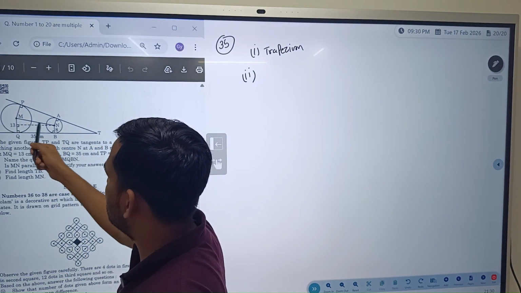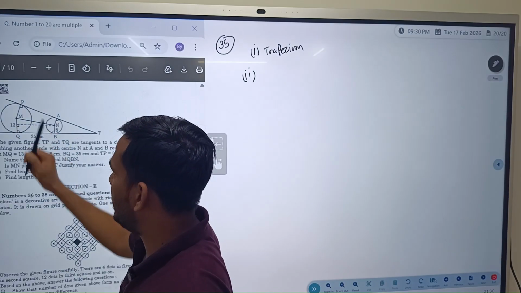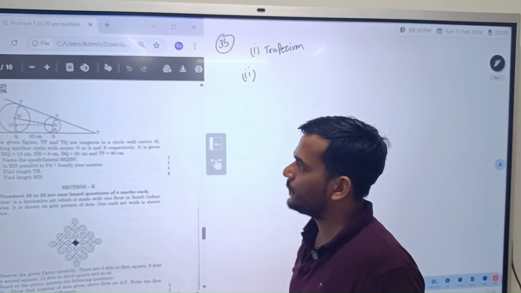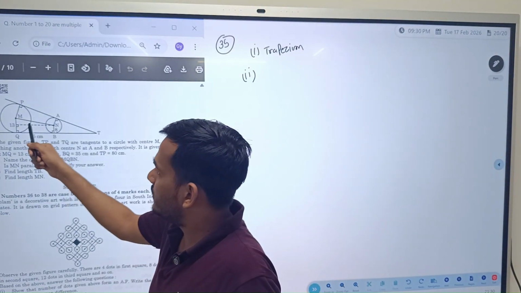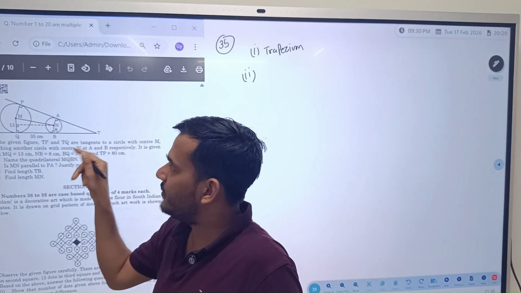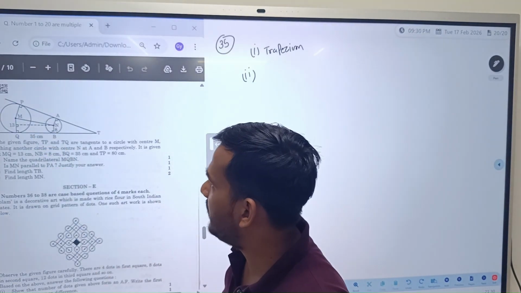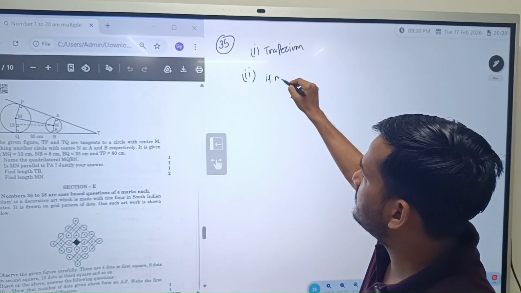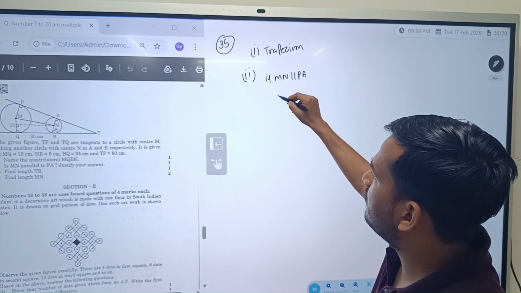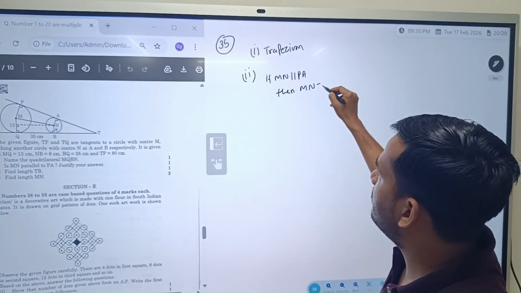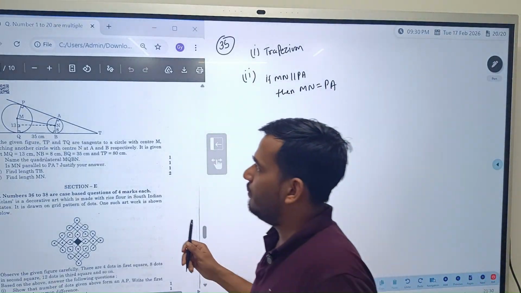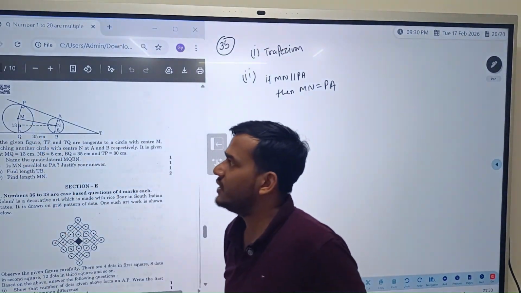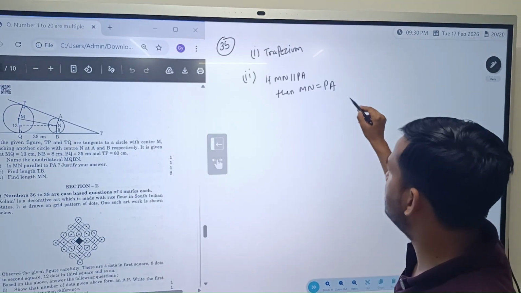See, in this quadrilateral MNAP, MP and NA both are perpendicular to PA. So if MN is parallel to PA, this will become a rectangle and MN becomes equal to PA. If MN is parallel to PA, then MN is equal to PA. But if you look, TP and TQ are the tangents for the bigger circle. So we know that TP is equal to TQ